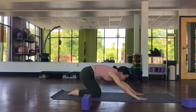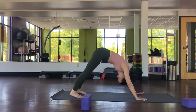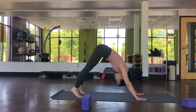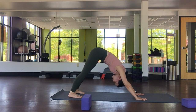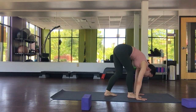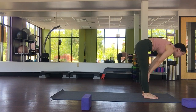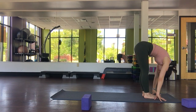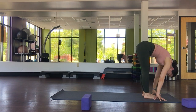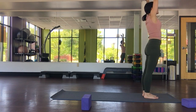And then we're going to make our way into a tabletop. We'll come into a down dog for a breath or so. Again, you can come high on the toes and then drop the heels. And then just walk the feet to the front of the mat. Gaze up, look up and lengthen here. Take your forward fold, stay here for a breath or so, nod and shake the head if you like to release that neck, and then with the feet pressing into that mat, rise up to stand,